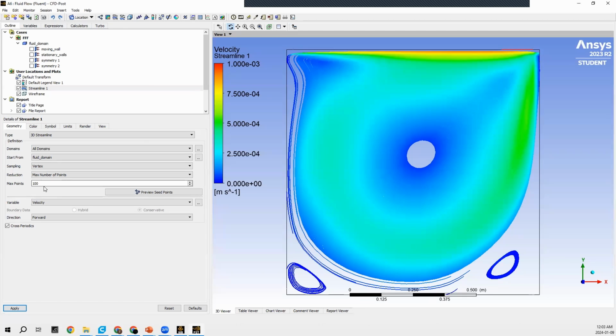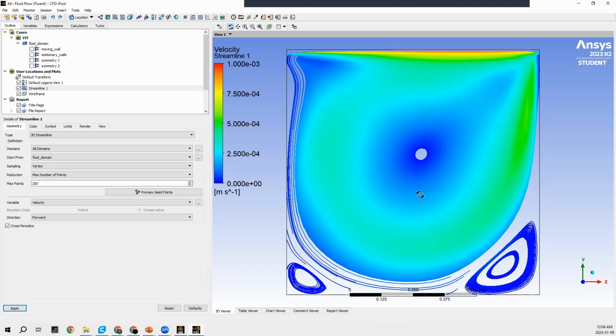And you can go ahead and change the number of points to, say, 200 streamlines and press on apply. And you can play around with how you visualize these results to get different graphs. So by adding more streamlines, we can more easily visualize these secondary vortices that are occurring in the corners of the cavity. These vortices will always be a little harder to visualize, and we do need more streamlines to visualize these since the fluid flow is not moving very quickly in these areas as compared to the